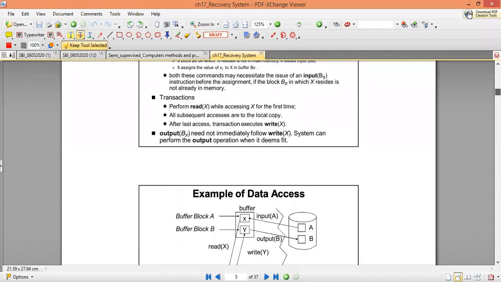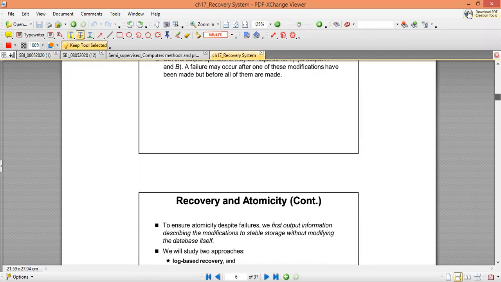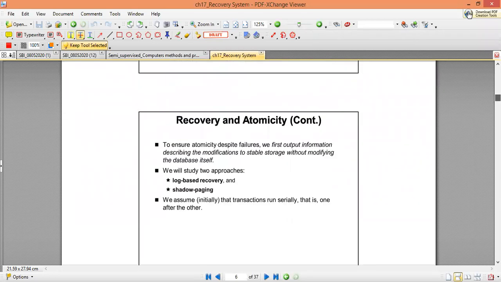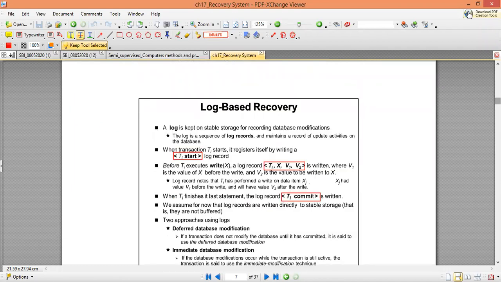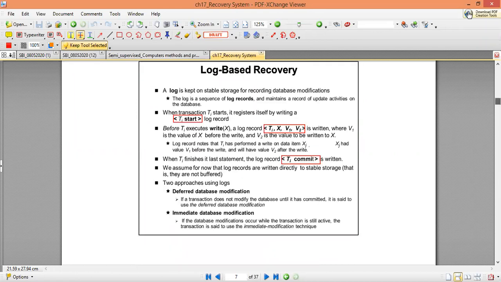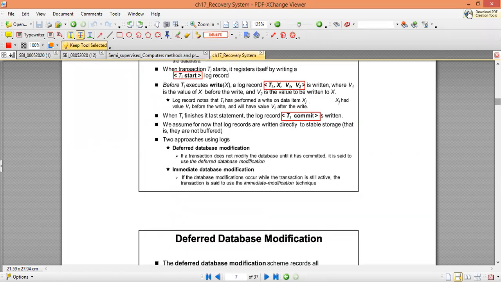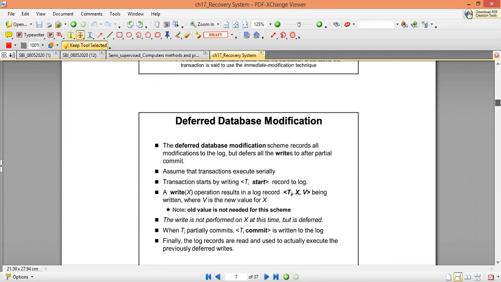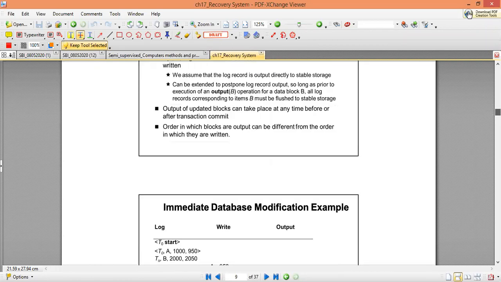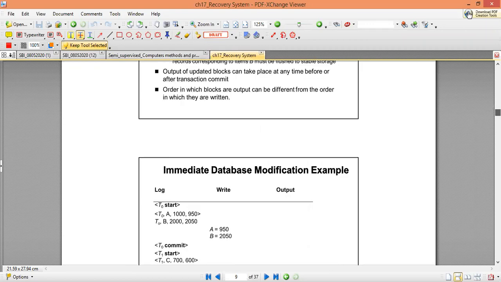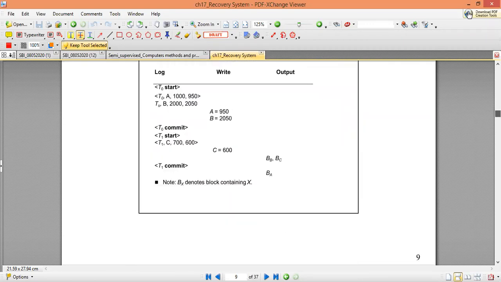Then we covered two recovery mechanisms: log-based recovery and shadow paging. Under log-based recovery, there are two types: the deferred database modification policy and the immediate database modification policy. Then we discussed some problems on immediate and deferred database modification.